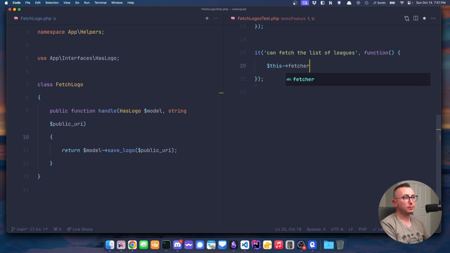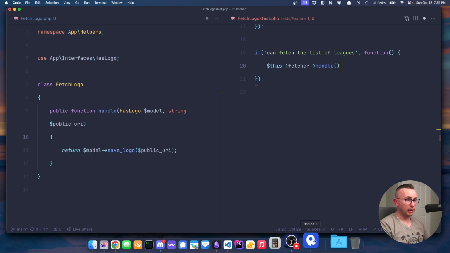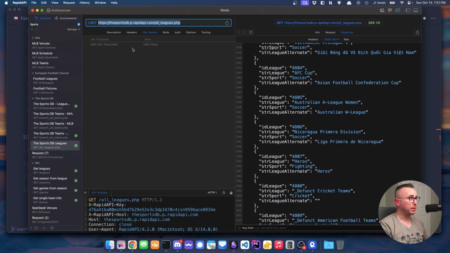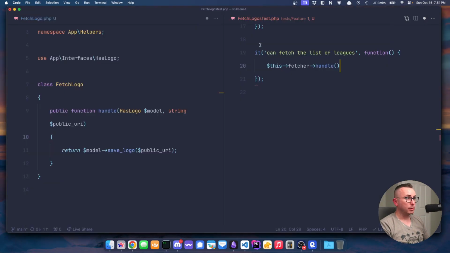fetcher handle. And so what do we want to do? We want to assert that it's making a call out to the HTTP to the API that we're trying to hit, this RapidAPI one. So we want to go